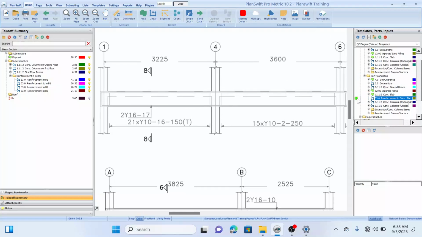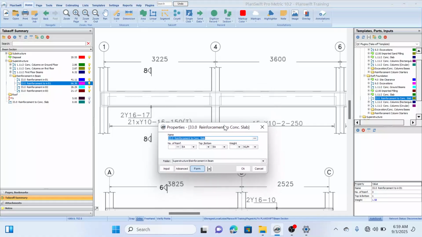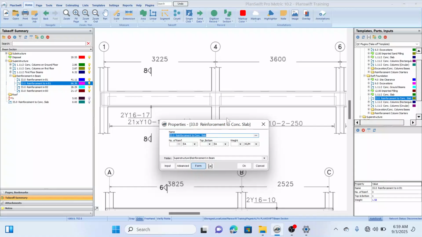So let's activate our plugin. And I can also measure them together. Yes, I can measure them together. But let's measure them separately. That's the best way to go about it, since their lengths are not the same. So let's measure our top bar first. We have 2 top bars. What I want to measure here is the top bar alone. So I click on one, and the bar width here is